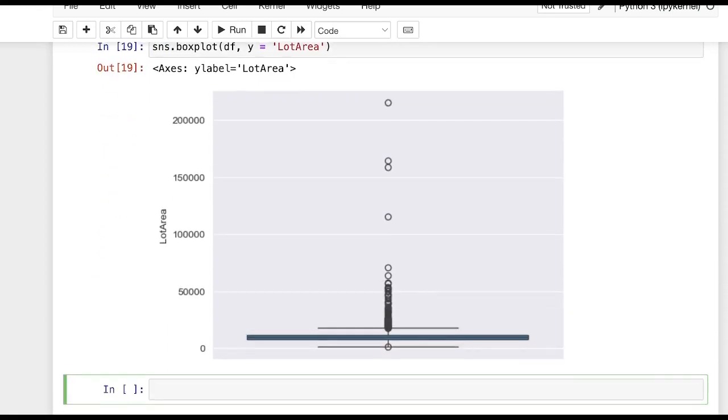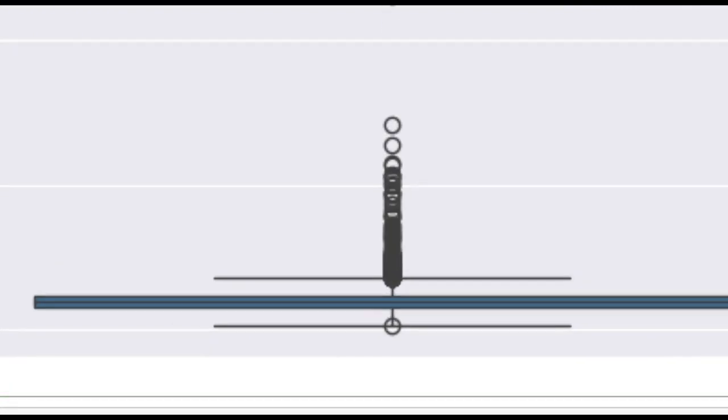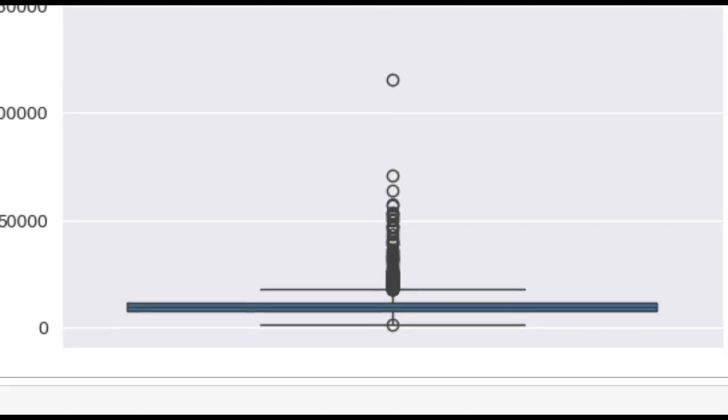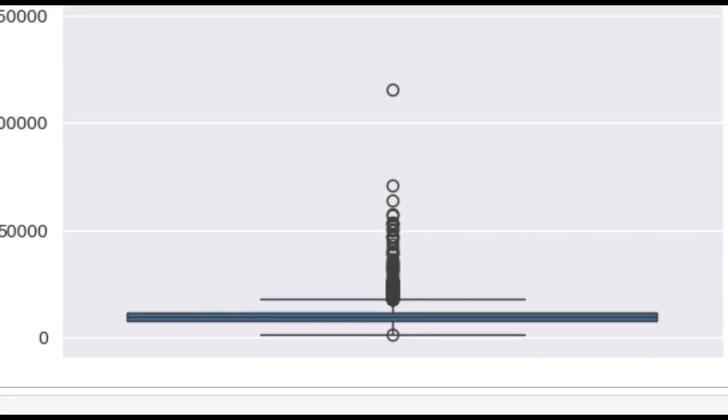After plotting the box plot for the lot area column, we can see it consists of numerous outliers. The box plot is actually from the upper fence down to the lower fence, and except that, all other data